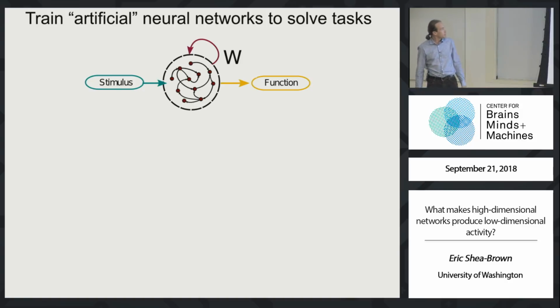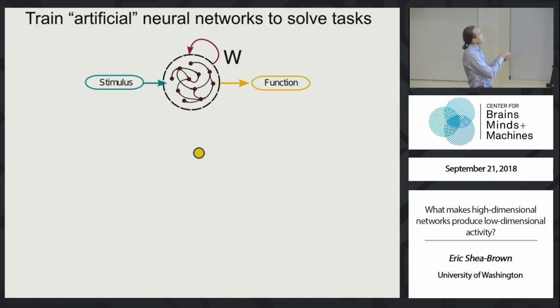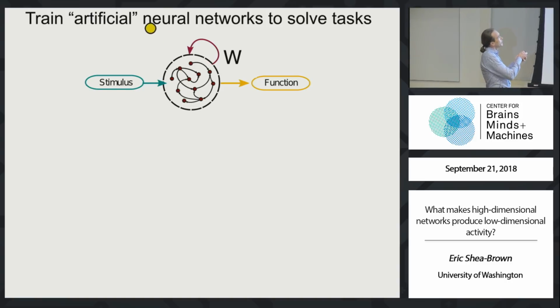So, simplest task. The approach is common to many, pioneered in some ways here by the DiCarlo lab, but also others. Omri Barak, Sussillo, Abbott, and others have worked in this area very productively. Train an artificial neural network to solve a task and then look at its dynamics. The aspect of the dynamics that we want to study, which we think is reasonably new, is the dimensionality of those dynamics. So a stimulus comes in, goes into a recurrent network, and does a function.